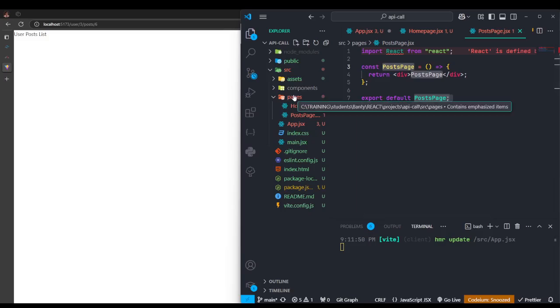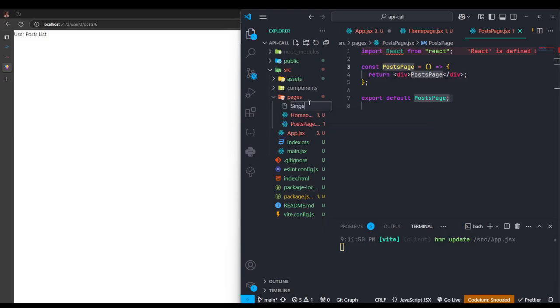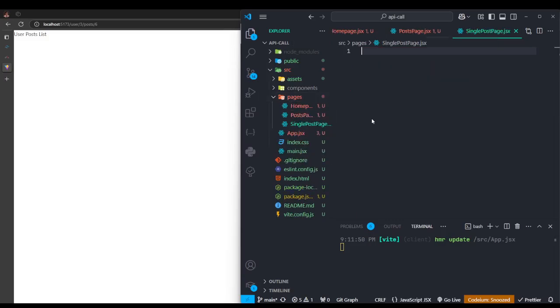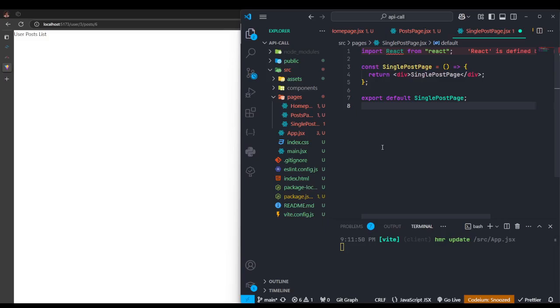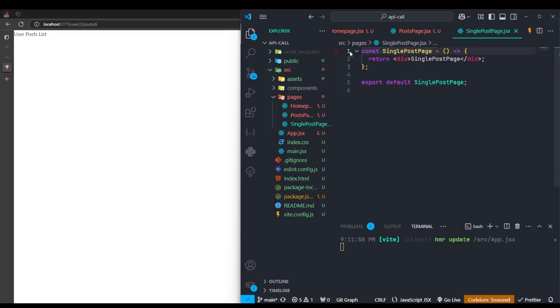We're going to come back into it. And lastly, we're going to have this single post page like this .jsx. RAFCE again, and these are the three pages that we need. I wanted to call that thing layout before, but I changed it back to home page. You can call it any name, but we are dealing with simple applications, so let me just go with pages